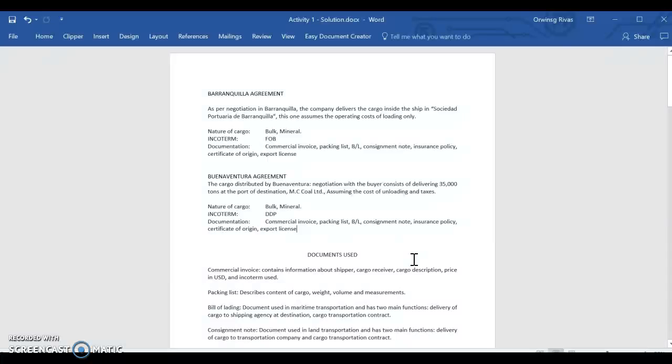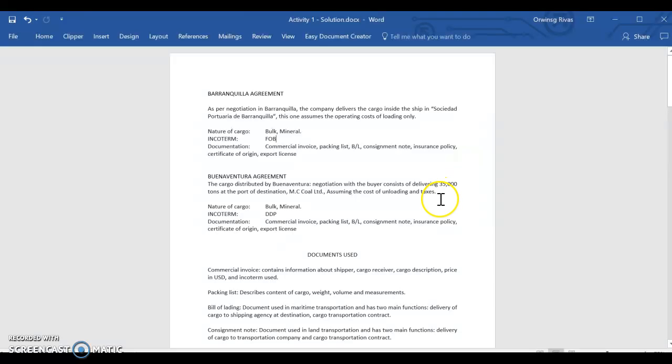As we see here, I will show you the summary I made. For example, to identify the nature of cargo, this is coal in big volumes, 35,000 metric tons. The nature of cargo for both cases is bulk and the coal is mineral. For the case of Barranquilla, the Incoterm used is free on board. Why? Because they assume all the operation only until putting the cargo inside the vessel. The documentation, in this case, is commercial invoice, packing list, bill of lading, consignment note, insurance policy, certificate of origin, and